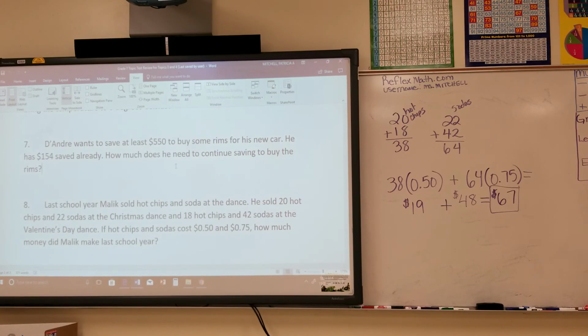Then we had to find out how many sodas did he sell, which was 64. Then we had to create an equation. We knew that hot chips sold for 50 cents. So we had to multiply 38 times 50 cents would give us $19. We knew that soda sold for 75 cents. So therefore we had to multiply 64 times 75 cents would then